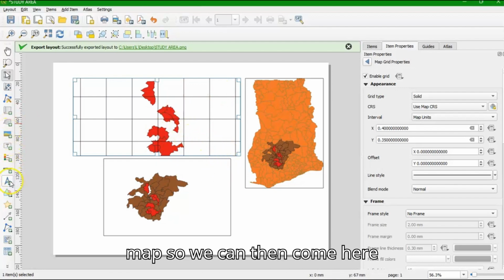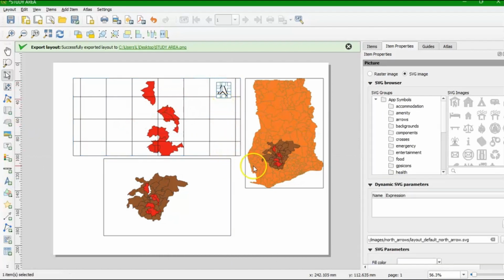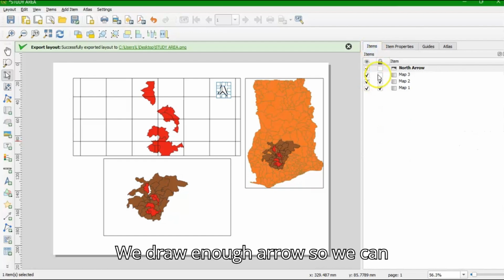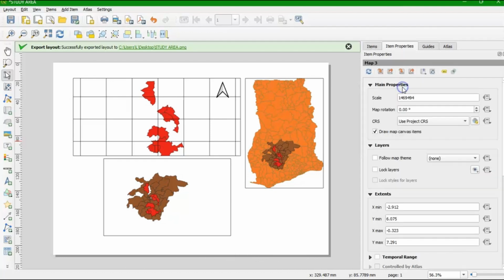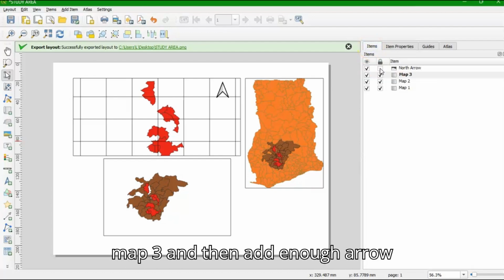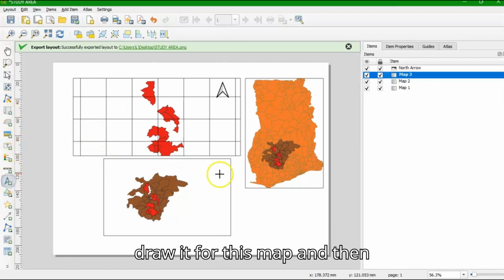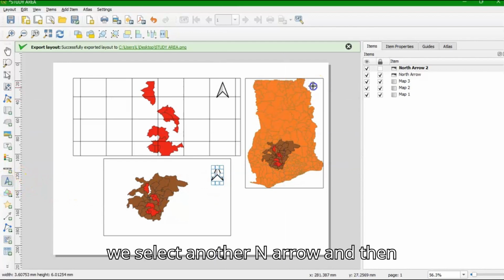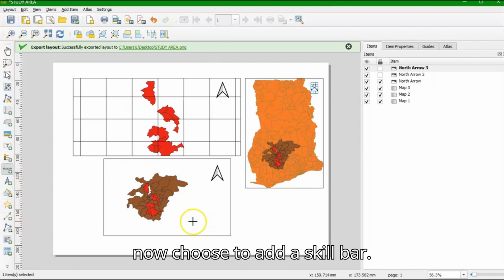So we can then come here and draw our north arrow. We draw a north arrow. So we can then lock our map. We can lock the layers of our map 3 and then add a north arrow, lock it. We select another north arrow, draw it for this map, and then we select another north arrow and then draw it for this map. We can now choose to add a scale bar,